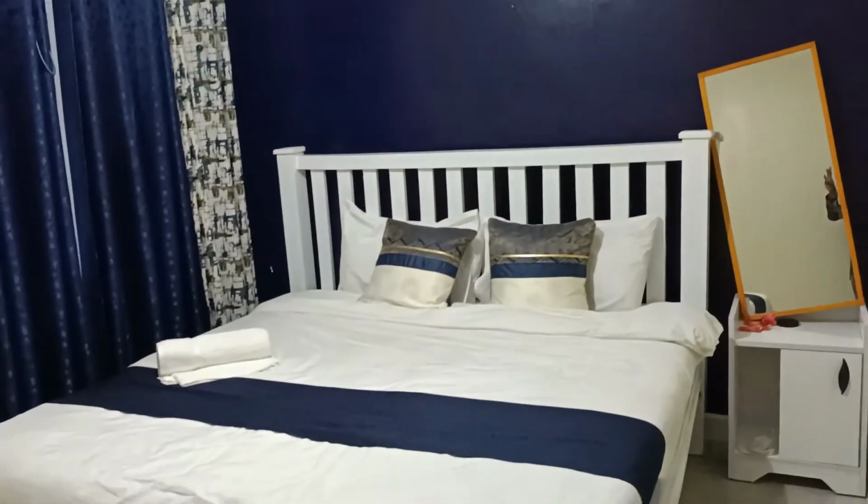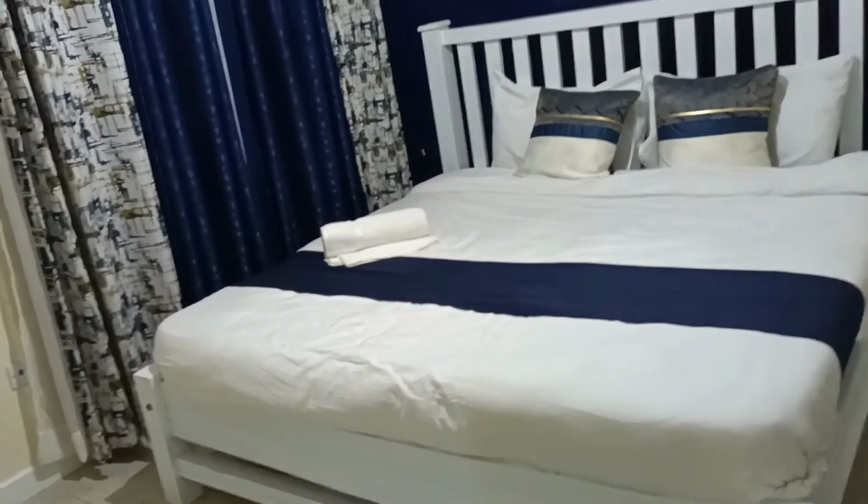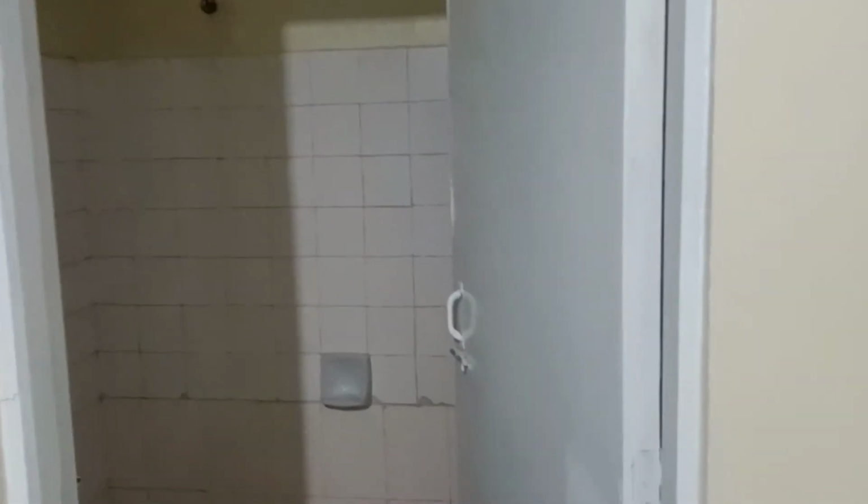bedroom looks. It's thin blue. I don't know whether it's blue or what the color is, but I think it is that blue. Then we also have the cabinets over there and the mirror. On this side we have also a bathroom slash toilet here. And another thing with this master bedroom, we have a